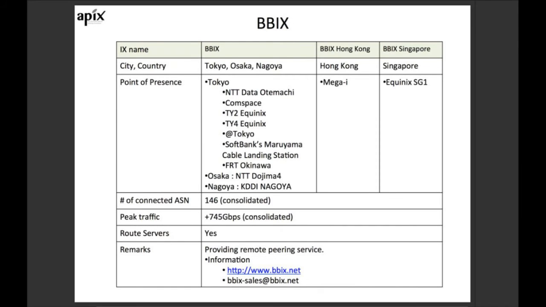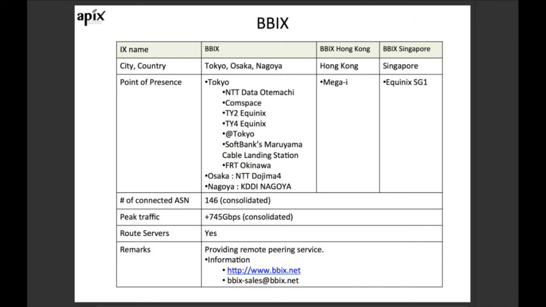Hi, I'm AJ from BBIX, and we're operating 3 IX exchange points, and we have a POP in Japan, Singapore, and Hong Kong, and these POPs are linked together by our own submarine cable. Our location in Singapore is Equinix SG1, Hong Kong is MEGA-i, and in Tokyo we have several locations in this slide.